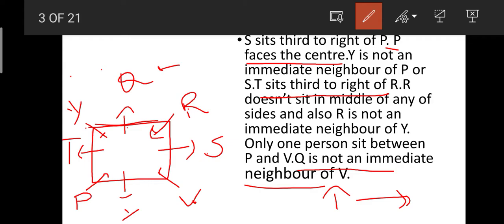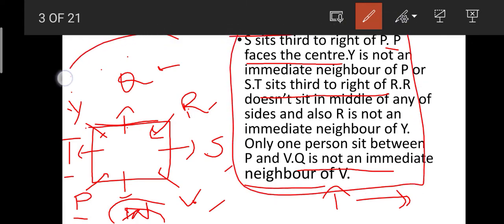Okay friends, we got it here. This is the place of P, this is the place of T, this is V, this is Q, this is R, S and V. And what should be the place of here? It should be W. Okay, W is only missing here, so we take W here. Okay friends, by satisfying all these conditions, we got this arrangement.